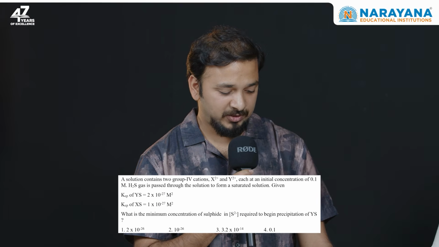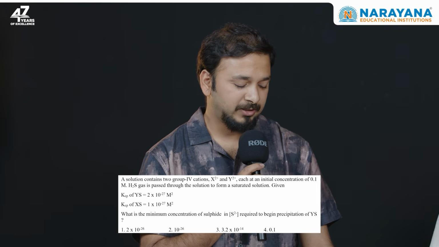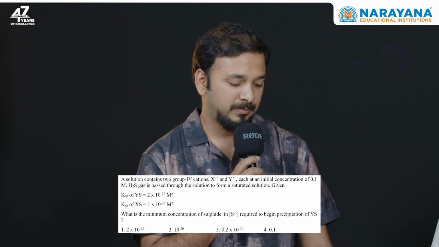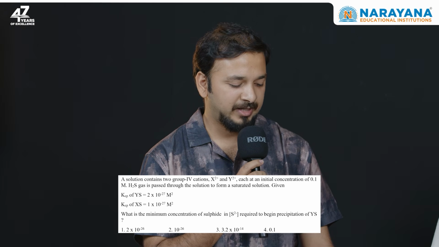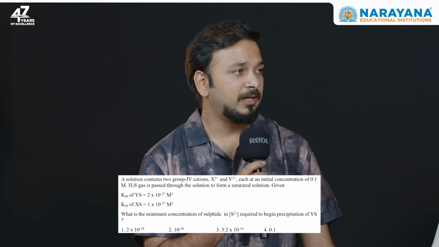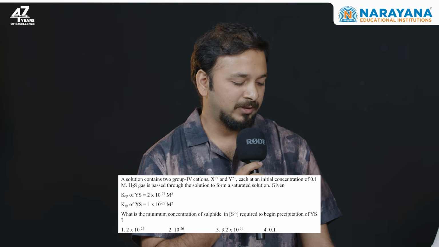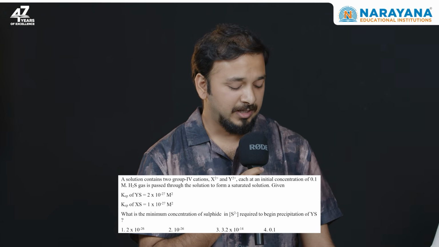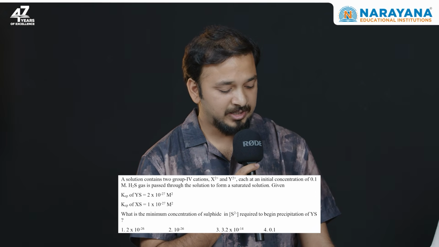Moving on to question number 16. Question number 16, ma'am, is from ionic equilibrium. I will rate it as a moderate question because in general, what NCERT has given is only one compound, and for that they ask whether it will precipitate or not. In this, they're asking what concentration is required for the precipitation. So if they have an idea about the ionic product and solubility product, then only they'll be able to solve it. For that reason, I'll rate it as a moderate question.